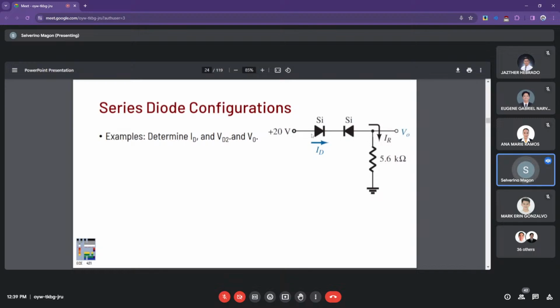Essentially, you have a reverse bias here, so the ID will be zero in this condition,